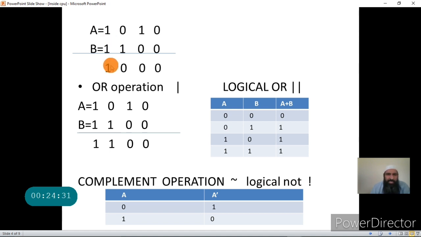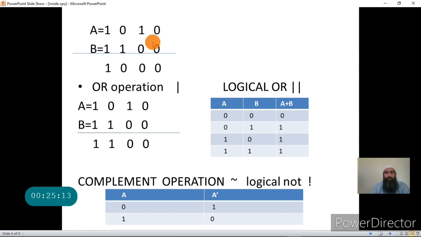The procedure is the same, but here you perform the operations between the corresponding bits. This is number A, which is a 4-bit number. The bit numbers start from A0 to A3. Then the bit numbers for B start from B0 to B3. You do the AND of the corresponding bits. This is how you do bitwise AND of two numbers, A and B, which are 4-bit numbers. You can extend this argument to any n-bit number.